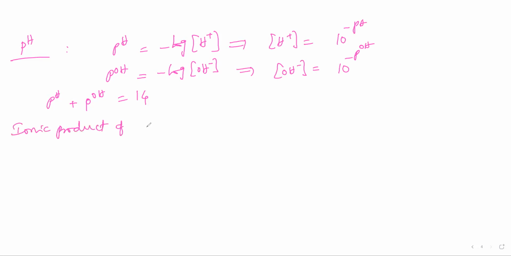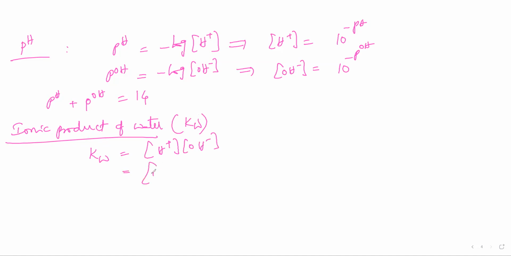Next, ionic product of water. This is represented by Kw. Kw is nothing but concentration of H plus ions and concentration of OH minus ions. Concentration of H plus ions can be represented by H3O plus. OH minus. Okay. Now at 298 Kelvin,